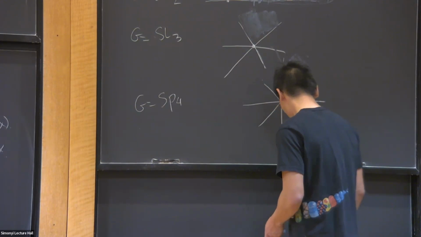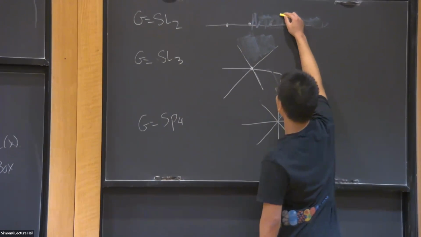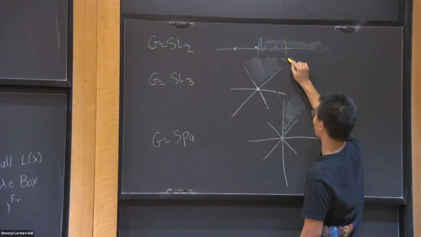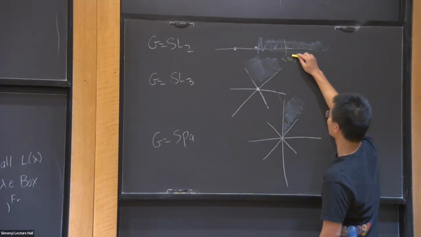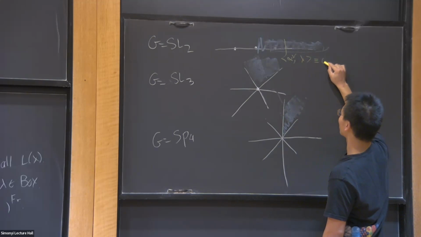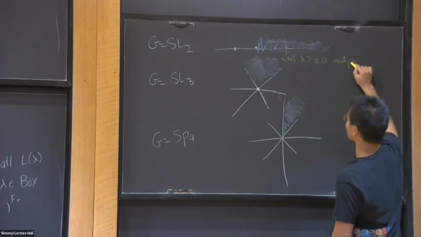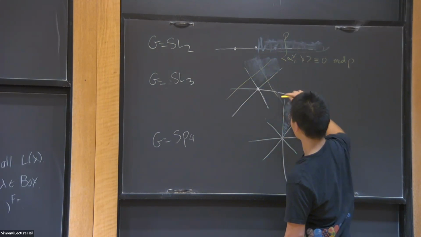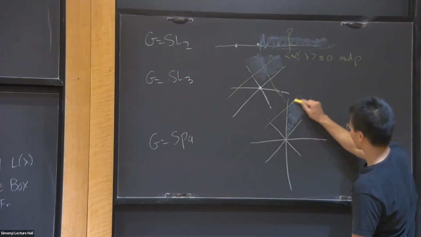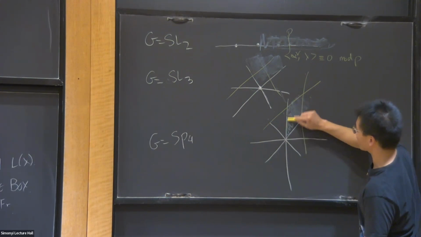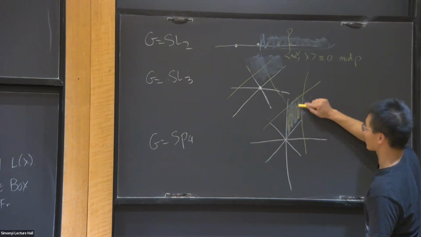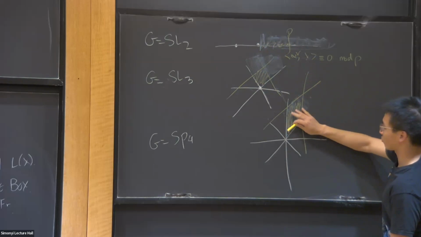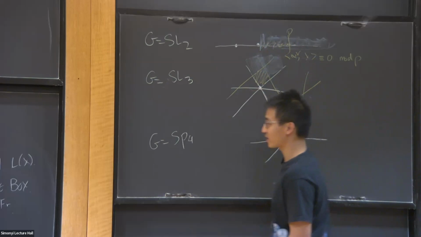So what is this fundamental box? Basically, I'm going to start looking at hyperplanes inside this picture where you pair with some simple coroot to be a multiple of P. So this is like P here. Then you create things like this, and also a picture here. The fundamental box is a fundamental domain cut out by these hyperplanes. For SL3 it would look like this, for SL2 it looks like this, for SP4 it looks like this. So it consists of a finite number of weights.